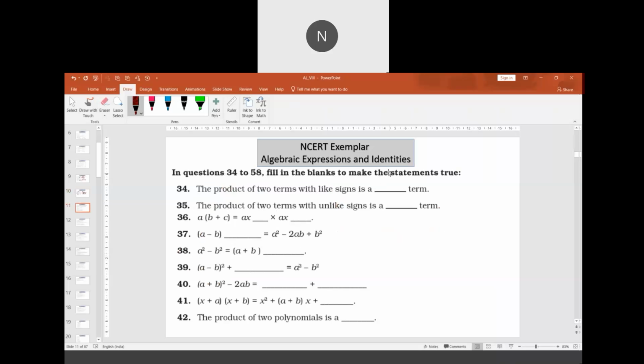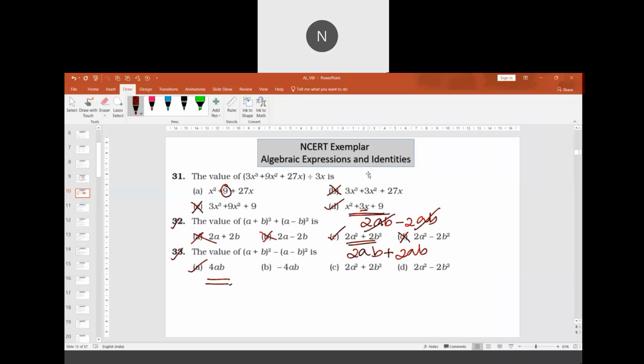Sir, I have a doubt. How many factors are there in a plus b whole square? In a plus b whole square, we can say that there are two factors. Only one factor is there, a plus b, but a plus b is repeated. In algebra, we say that there are two factors, a plus b and a plus b. The same thing is multiplied to the same thing. We say that these are equal factors.